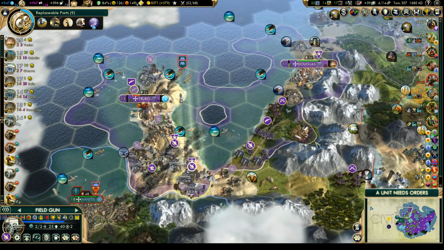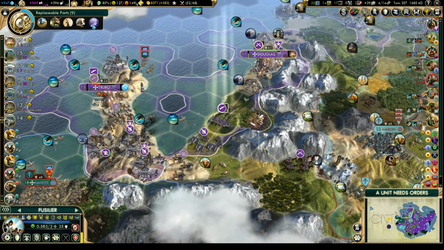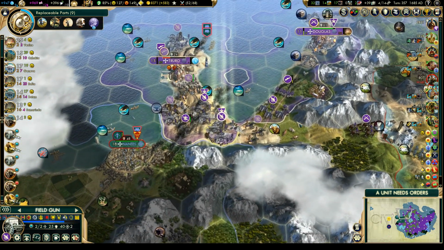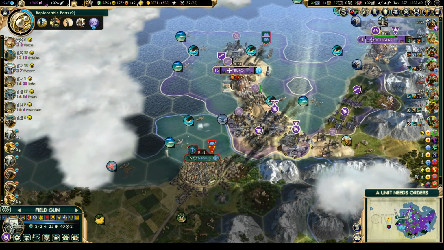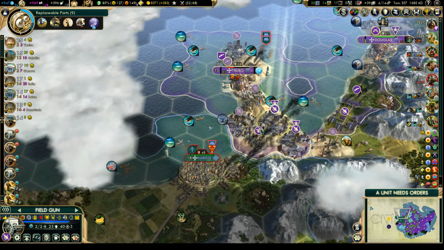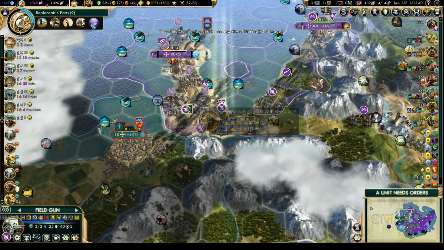You know what? You can move there. You'll move to the city. 45, 45. And the Gatling gun should be able to survive one more turn. Surprised how little damage it's actually taking. 45. Alright, we have...